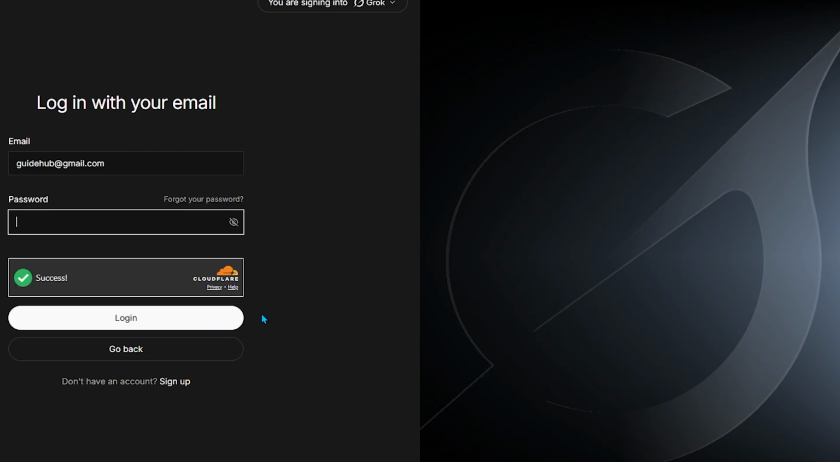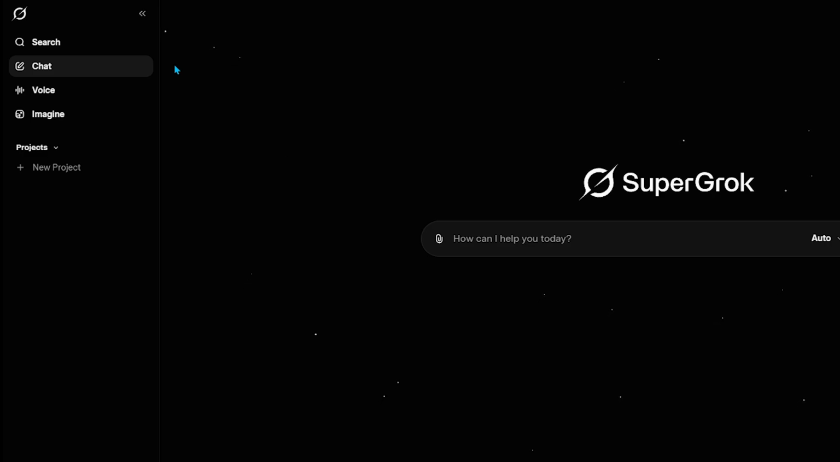On the following screen, enter your password in the field provided carefully to avoid typing errors. After entering your password, click Login to log in. Once the login process is completed successfully, you will be taken to the main dashboard of Grok AI, where different